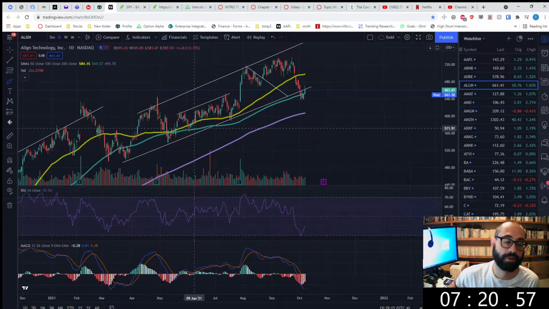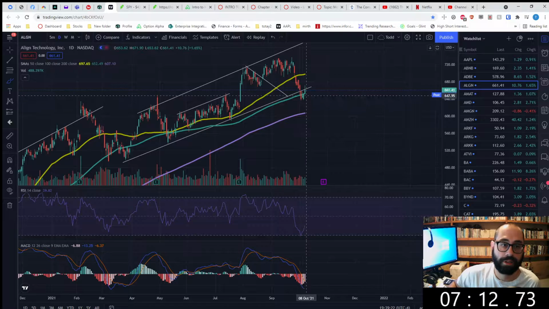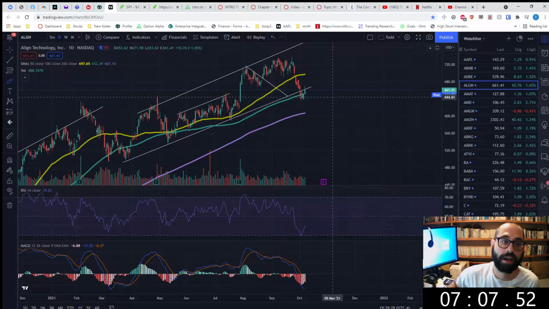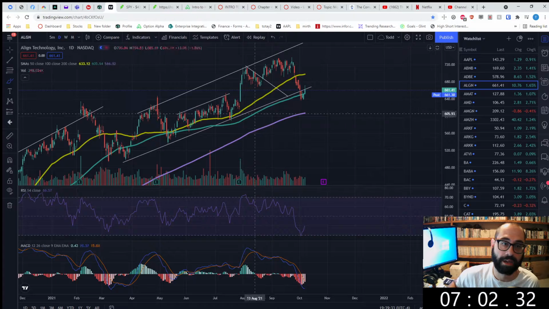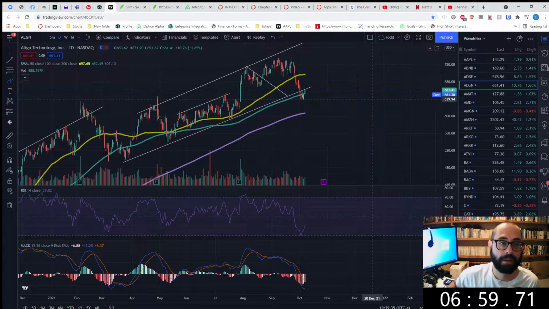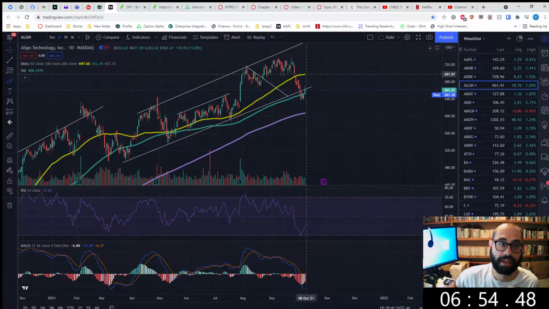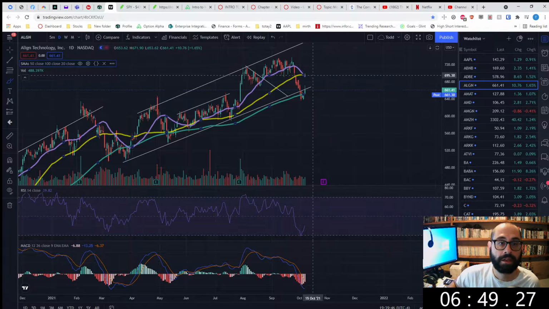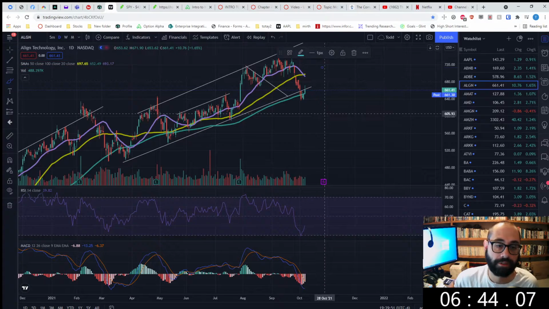ALGN also on a tear. It is on the bottom end of its expected range according to my white lines here as its channel. Now it's obviously just a rough channel, but it's more significant that it plunged through the 100-day and then went right back above it. Incidentally, my white line did act as resistance, so I'm not sure if other people were looking at what I was looking at when I drew this line. But I would expect here in the coming days to be above that and then contending with the 50-day. Let's go back to the 20-day. Yeah, and that will be doubly tough to get through because there's two SMAs on top of each other.